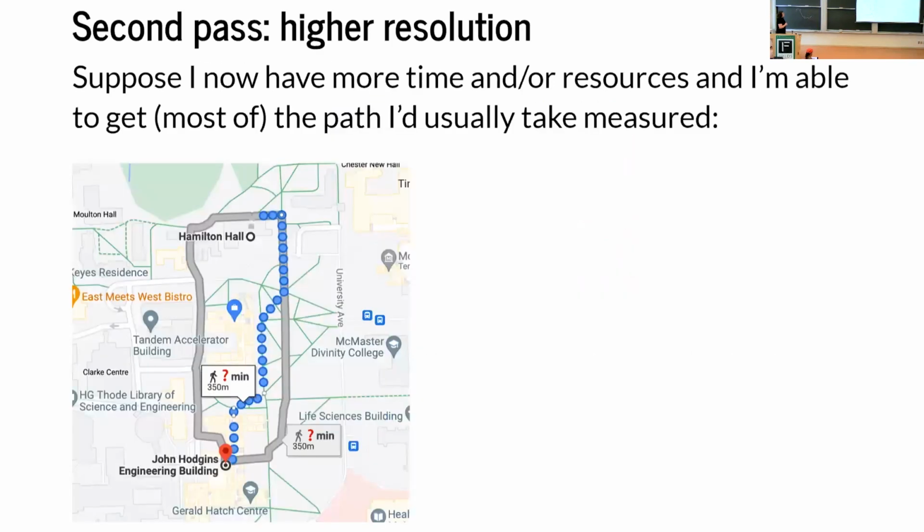What I might do is a second pass, where maybe now I've invested some time and resources to get a bit more information out of the system. So I go to Google Maps, and I know Google does give you a time estimate, but let's say they didn't. Let's say I paid someone to go and measure the path for me. I probably could have just walked it myself, but I'm being silly. Okay, so now I know that the path is 350 meters long.